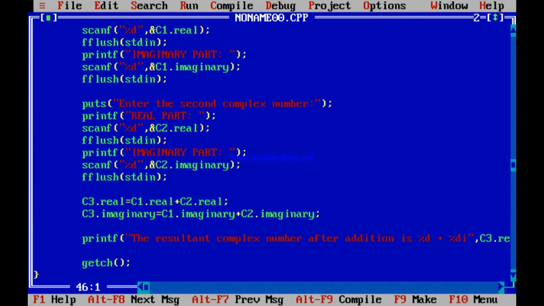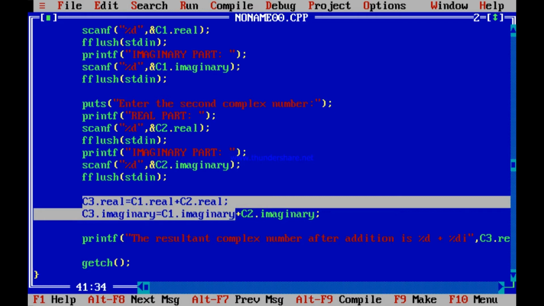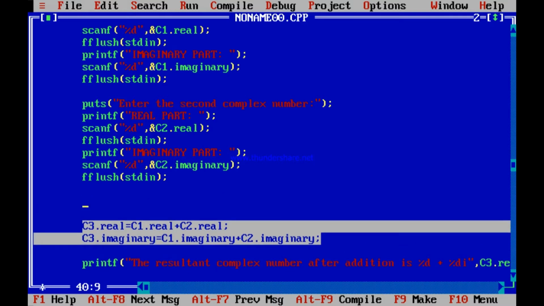Now what? Now I can tell you this is very simple. In fact, we have done a more complex program than this in the last lesson. But one thing I now want to tell you: can we pass structures to functions? That is, this part where I am adding, can this be a function? What I mean to say is, say if this part I copy, and then what I do is I simply do an addition.